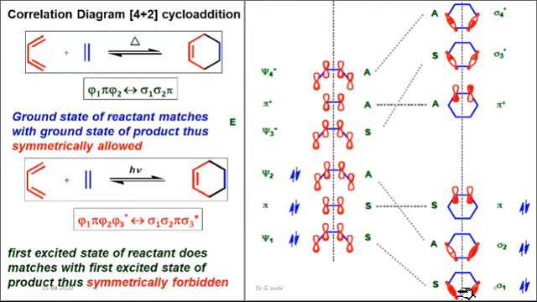Similarly, coming to the product side, we'll put the mirror plane in the vertical plane, therefore we'll see the symmetry. First, the sigma bond will be symmetric. This sigma bond will be antisymmetric because these lobes are filled, these are unfilled. Similarly, this pi system is symmetric, pi star antisymmetric, pi 3 star symmetric, and sigma 3 star symmetric, and sigma 4 star antisymmetric.